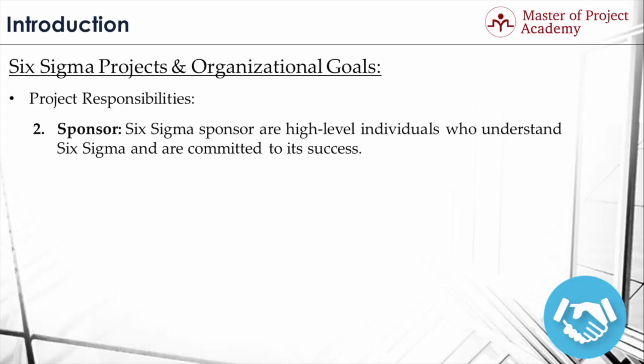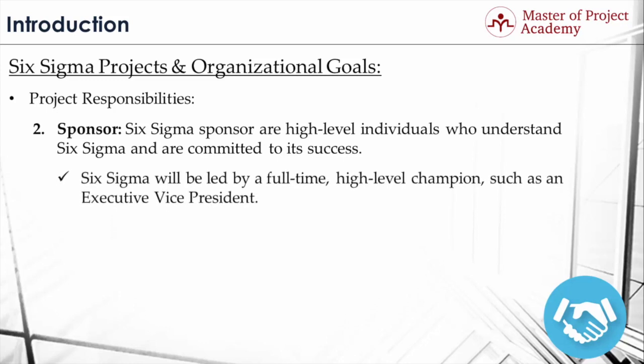2. Sponsor. Six Sigma sponsors are high-level individuals who understand Six Sigma and are committed to its success. The individual in the sponsor role acts as a problem solver for the ongoing Six Sigma project. Six Sigma will be led by a full-time high-level champion, such as an executive vice president. Sponsors are owners of processes and systems who help initiate and coordinate Six Sigma improvement activities in their areas of